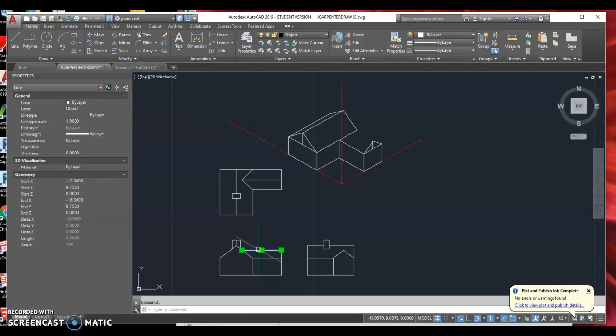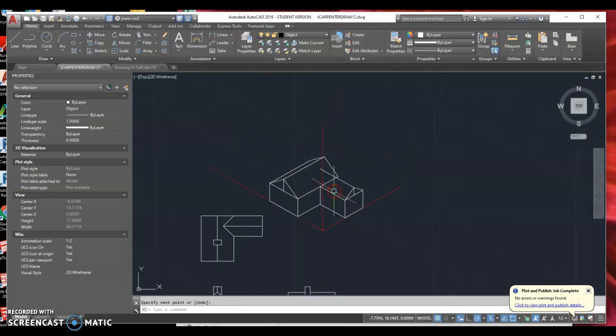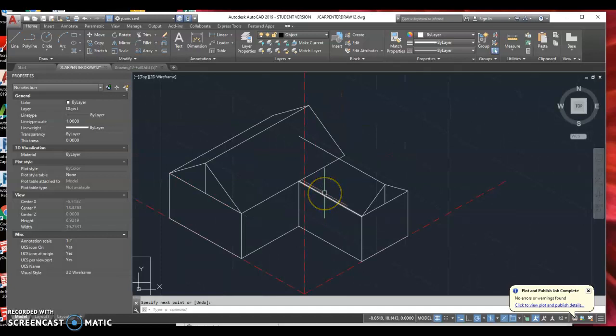This is the ridge. It's 3. So I'm going to draw it in as 3 on my axis, 3. And that's where this roof intersects. Now, the truth is,